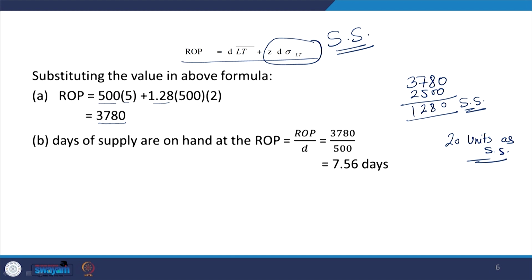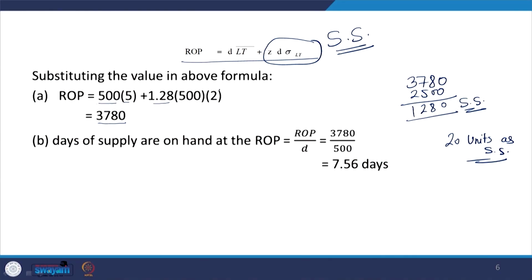The point is that if there are variations in your lead time, all of a sudden the requirement of safety stock increases too much. There is a fluctuation in daily demand, but that fluctuation in daily demand will not increase the value of safety stock too much, but fluctuation of lead time will increase the value of safety stock to a very high level. Therefore, we want a very reliable supplier, so that we can minimize